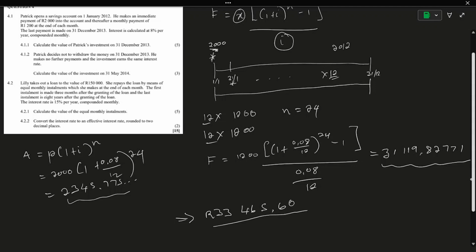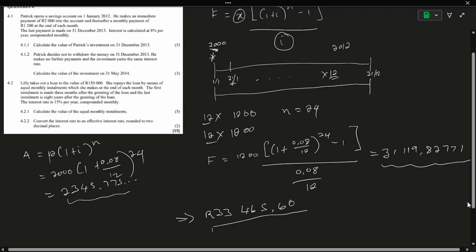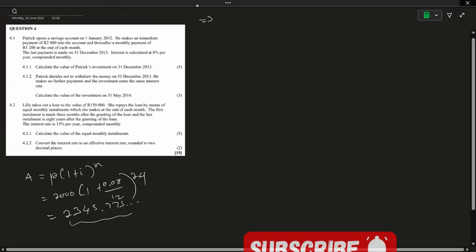4.1.2 says Patrick decides not to withdraw the money on 31st of December 2013. He makes no further payments and the investment ends the same interest rate. Calculate the value of the investment on 31st May 2014, right? So this is still the easiest thing that you can get. Let me erase this real quick. So our answer was